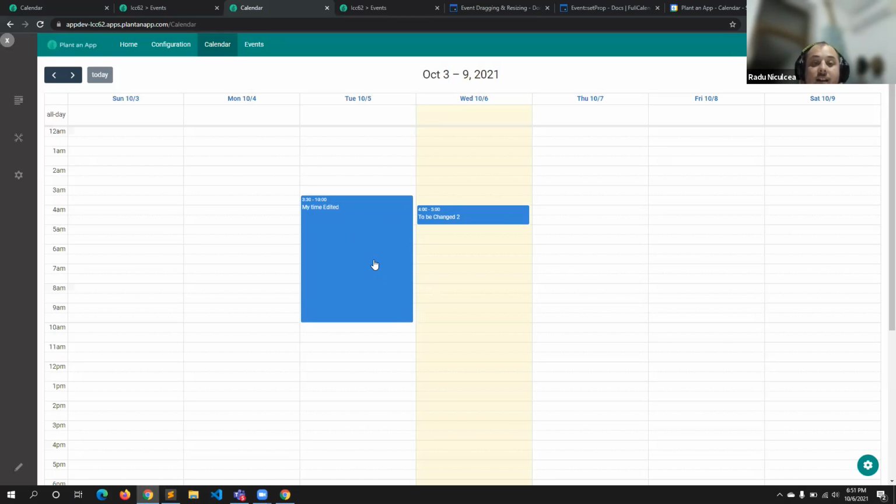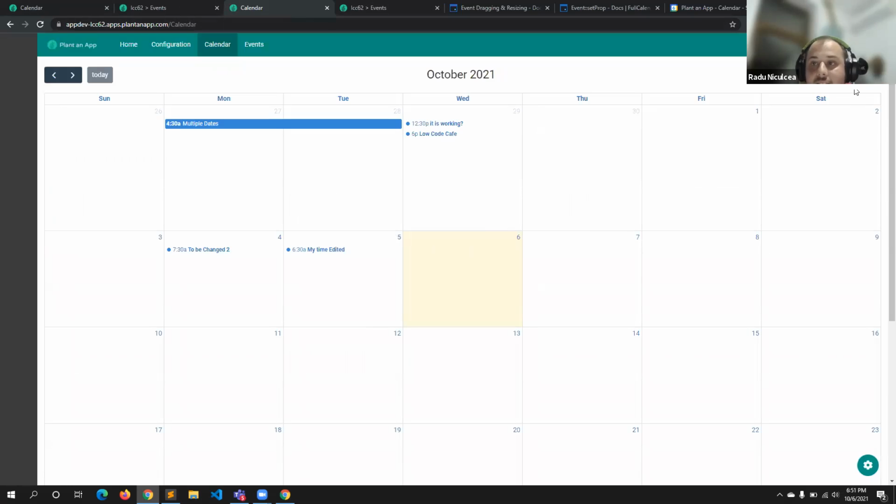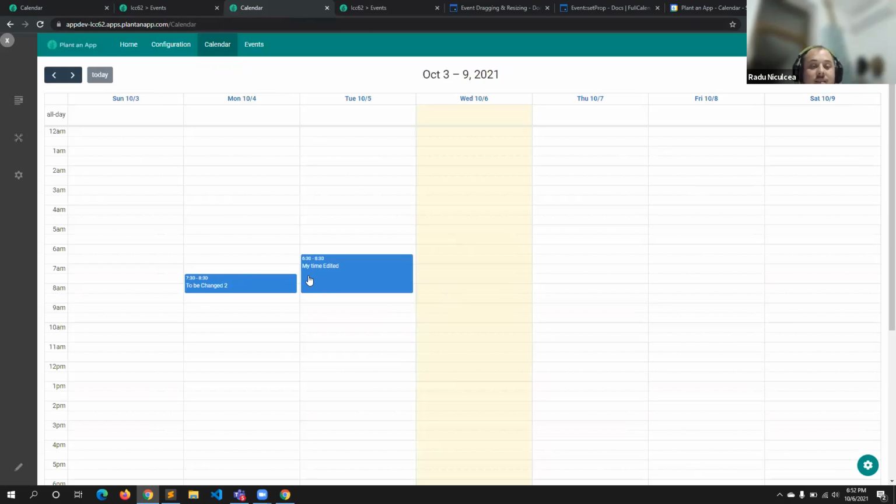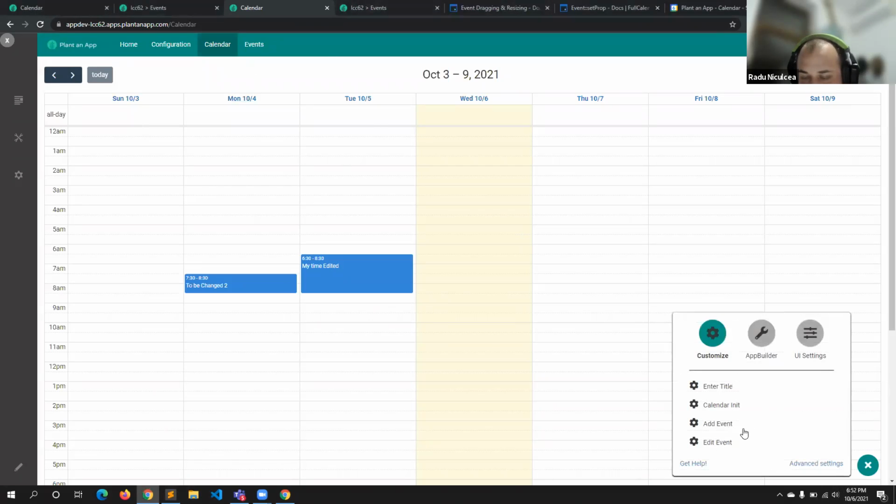The trick is that even if it's happening visually, what I'm showing you is not interacting with the actual database to save the information of those new dates into the events entity. So whenever I refresh, even if it's a nice gimmick, the fact that we can do this is not actually going to save that information. So to do that, there are two events that I want to add. Those two events, I have them saved here.